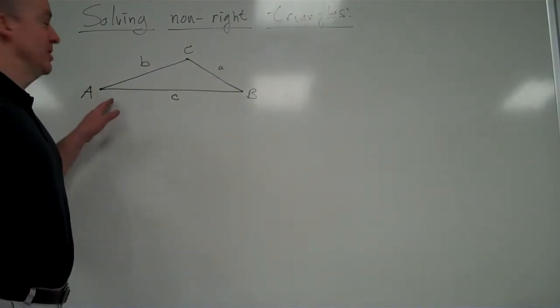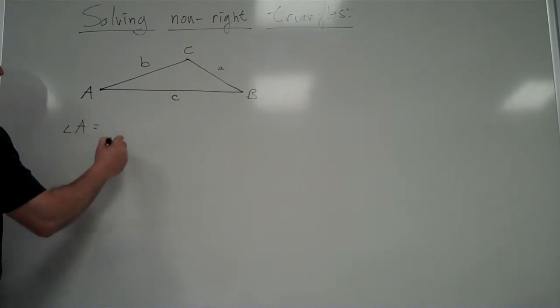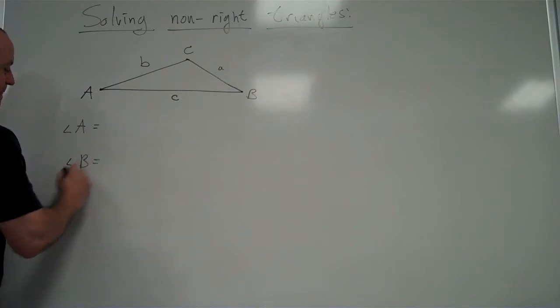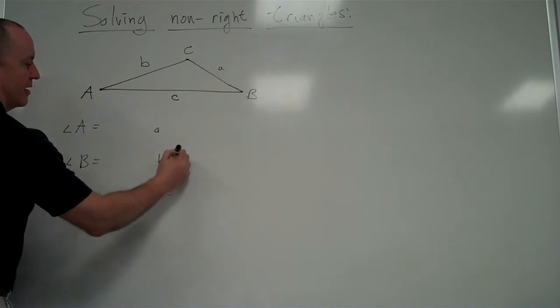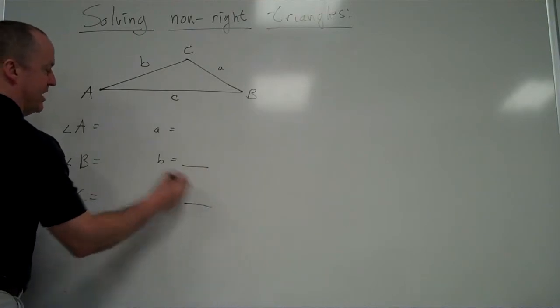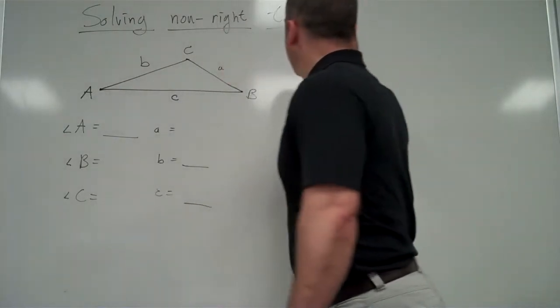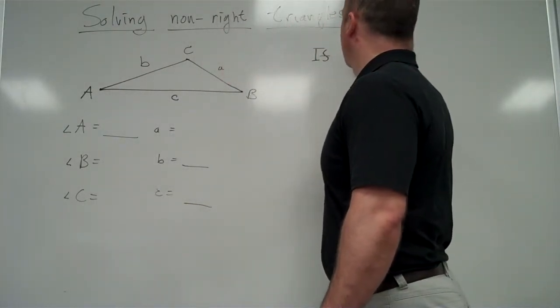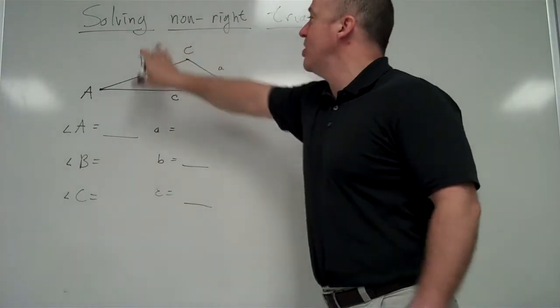If all I tell you is angle A, side B, and side C, that actually doesn't describe just one triangle in this particular case. If I have this triangle drawn and A is less than B, and this is the information I'm given, if this side is smaller than this side,